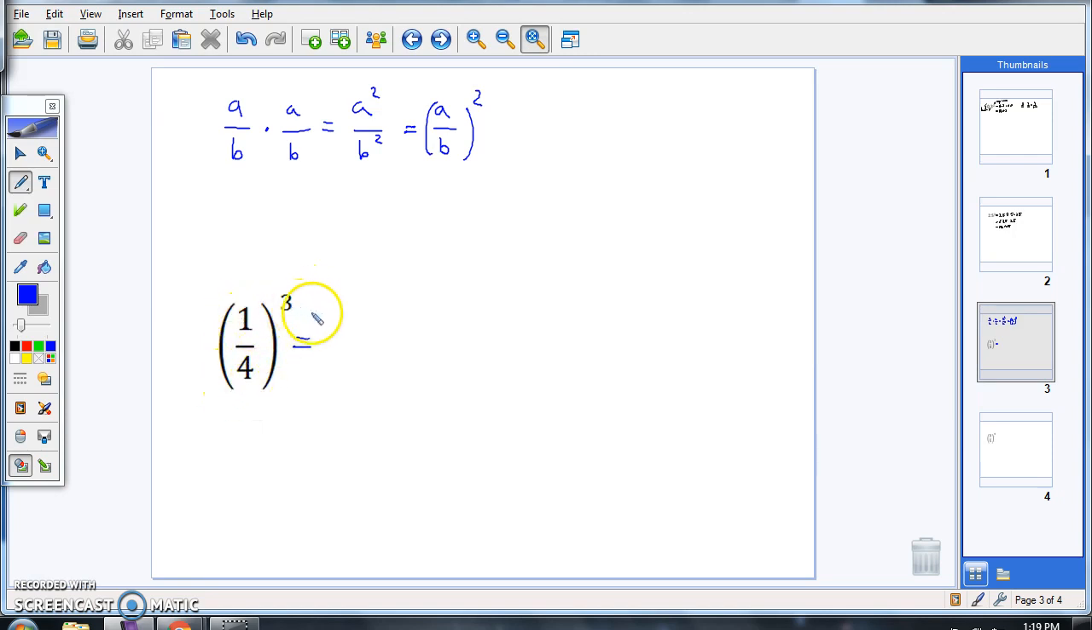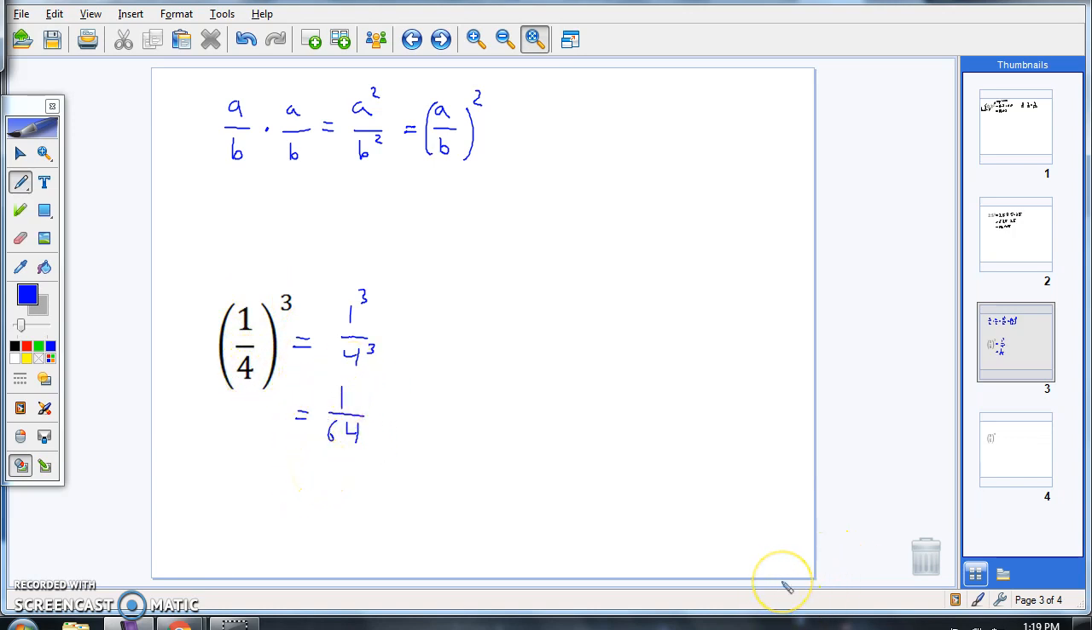1/4 to the third power is 1 to the third power over 4 to the third power, which should be reasonably easy, right? 1 to the third power is 1 times 1 times 1, which is just 1. 4 to the third power is 16 times 4, which is 64. So you'll notice this is small, it's less than 1, and it gets much smaller because we're cutting it down